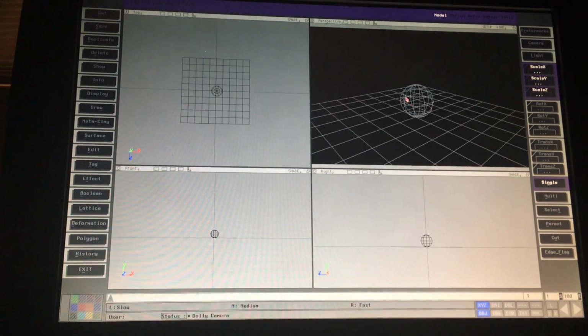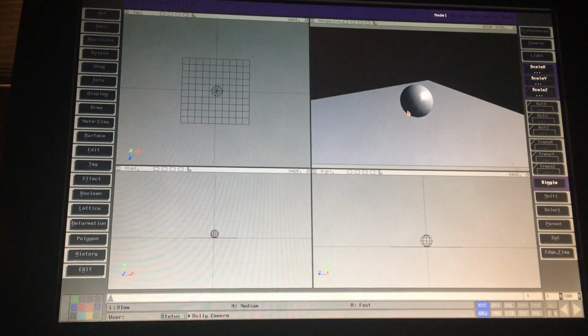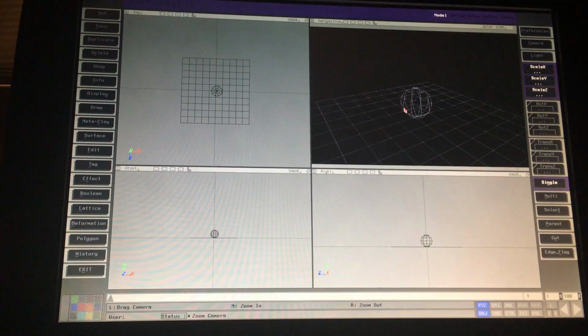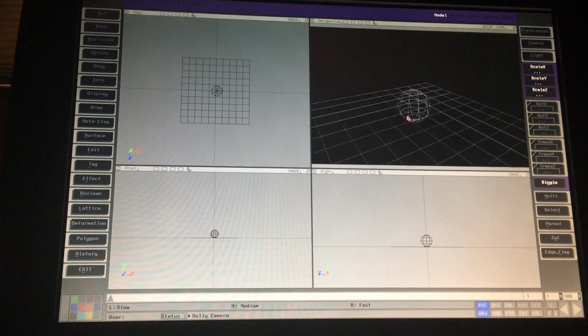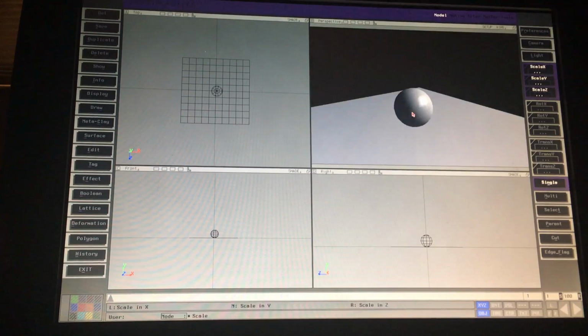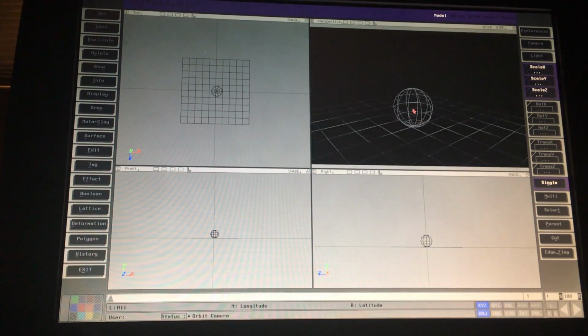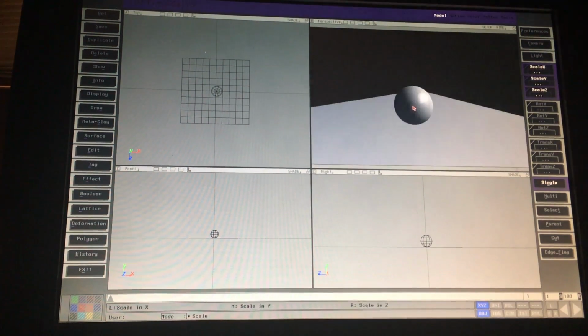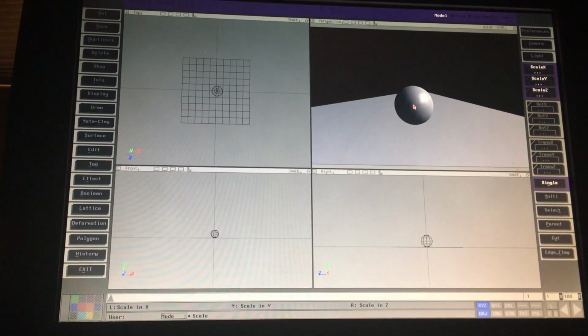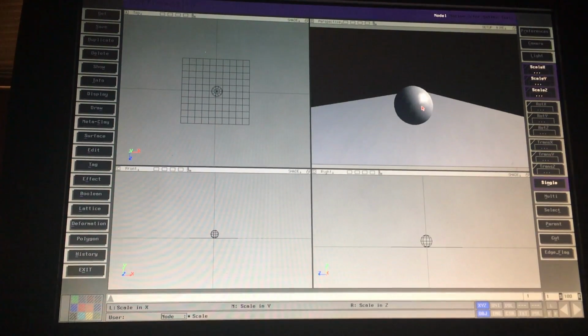So hold P, hold O, hold P, hold Z, left click, hold P, right click. You just kind of get used to that. My fingers are stretched across the keyboard like that too. I've got pinky on Z and my pointer finger on the O and the P. I just get used to that. When we do the Maya tutorial, you'll see that it's easier to do. The Alt key does all of that with the mouse. You just hold one Alt key and it does the move, rotate, zoom. Alright, so